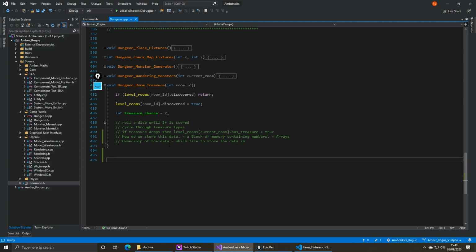Okay. So a block of memory containing numbers. Numbers is one type. A number is a number. You can put any type on that. You can put integer, floating point, unsigned integer, character, char. No, you can't put char star. You can put char.